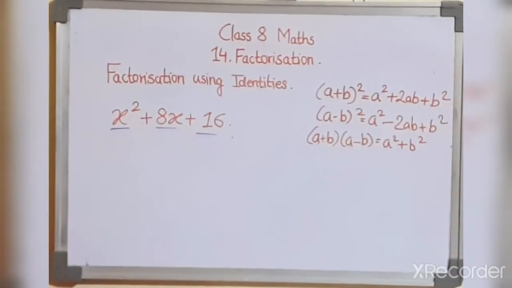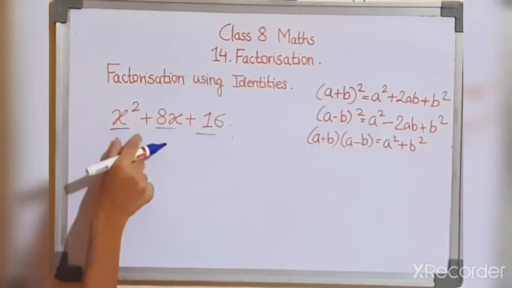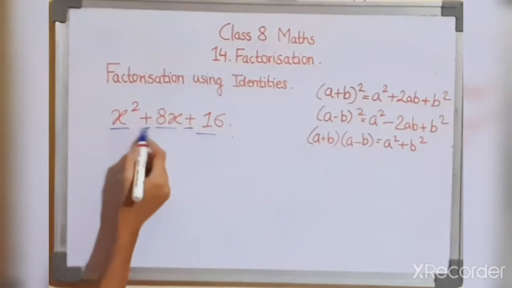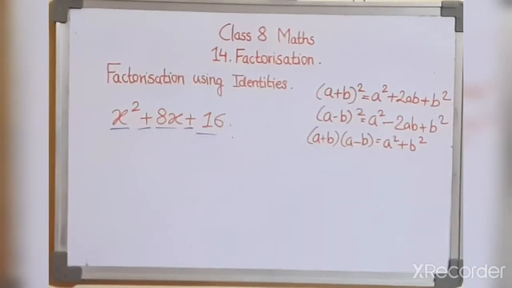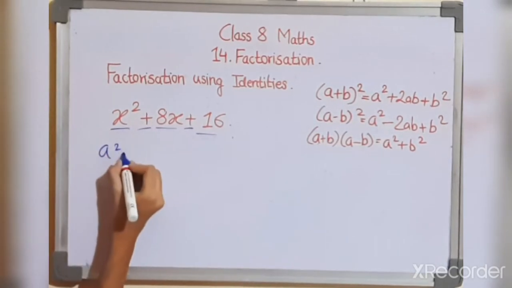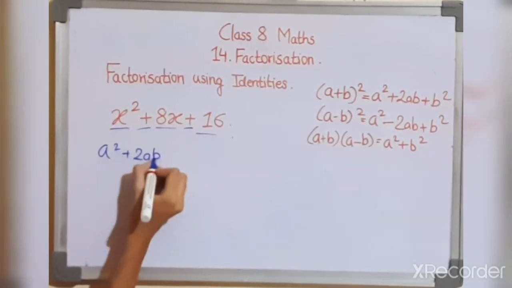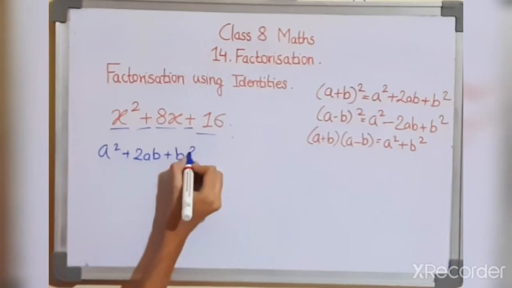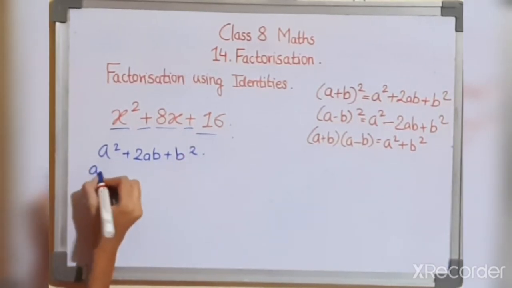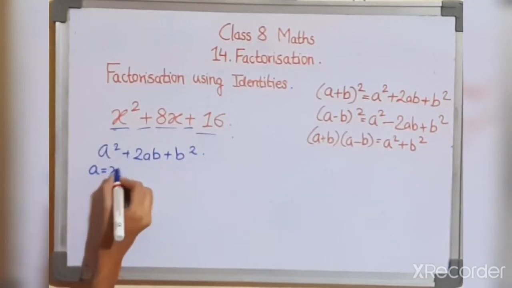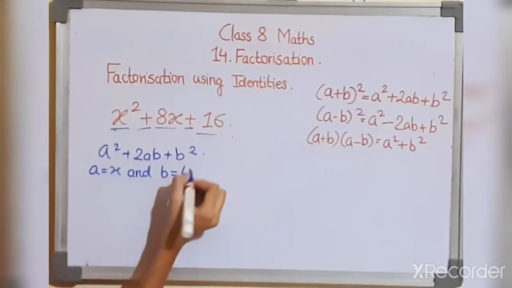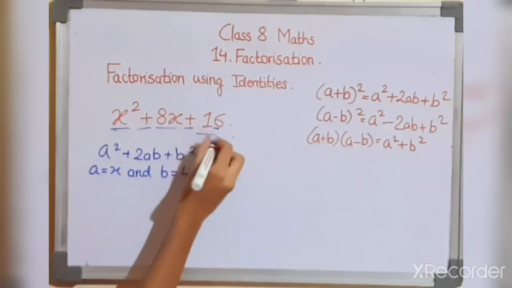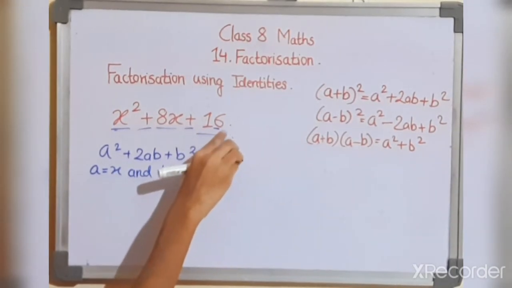Then we see that its first and third terms are perfect squares with a positive sign before them. So it is of the form a square plus 2ab plus b square, where a is x and b is 4. As this is a square, the square root of 16 is 4,